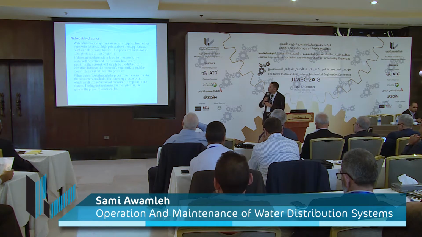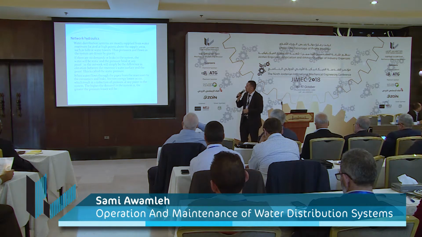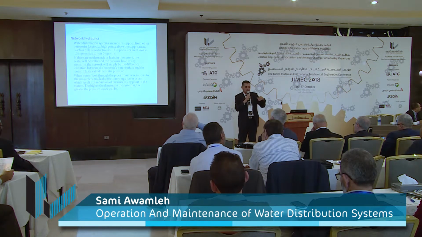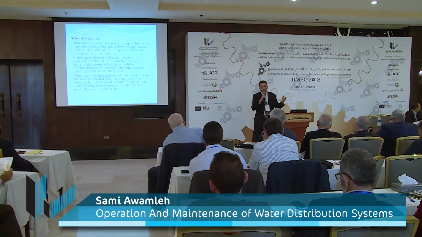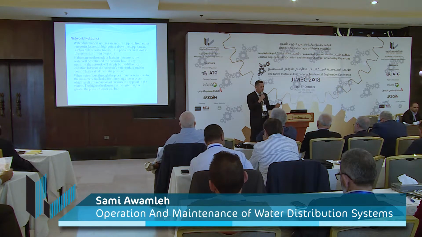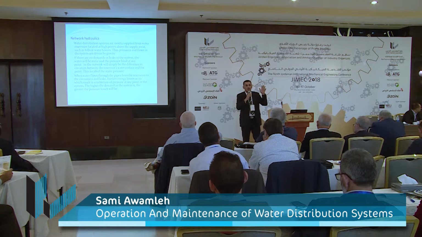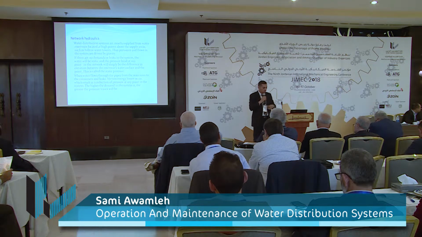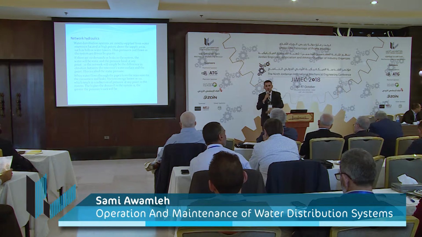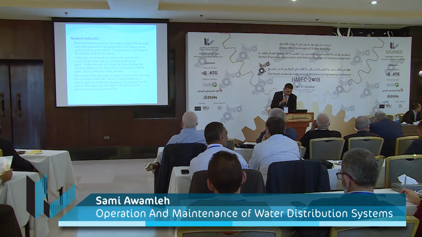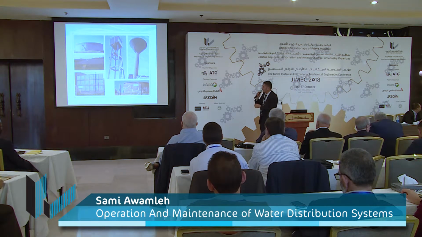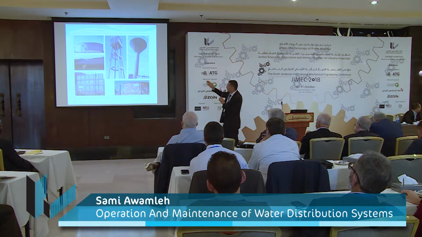Network hydraulics. Water distribution systems are mostly supplied from water reservoirs at high levels or water towers. In our company, we supply water to the users, or subscribers, from high levels above their areas, like hills and mountains. We build the reservoir there and provide water by gravity. This figure shows the reservoir and the water towers.